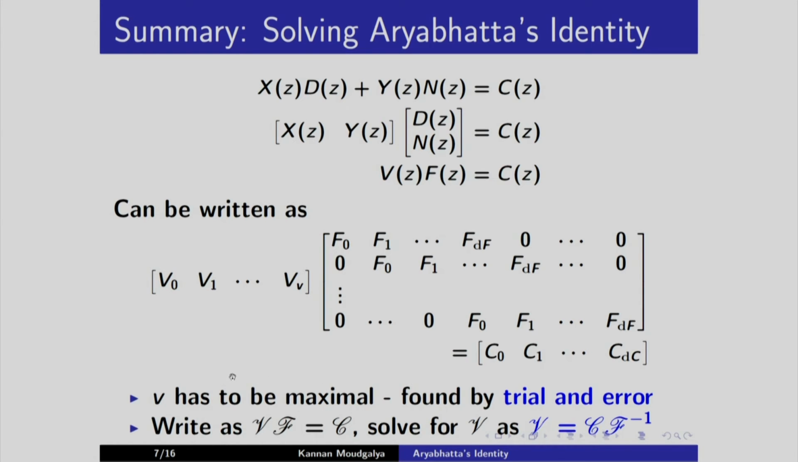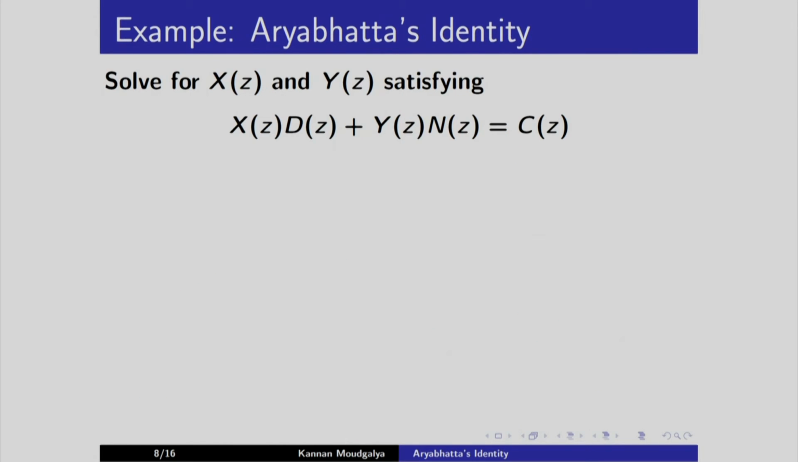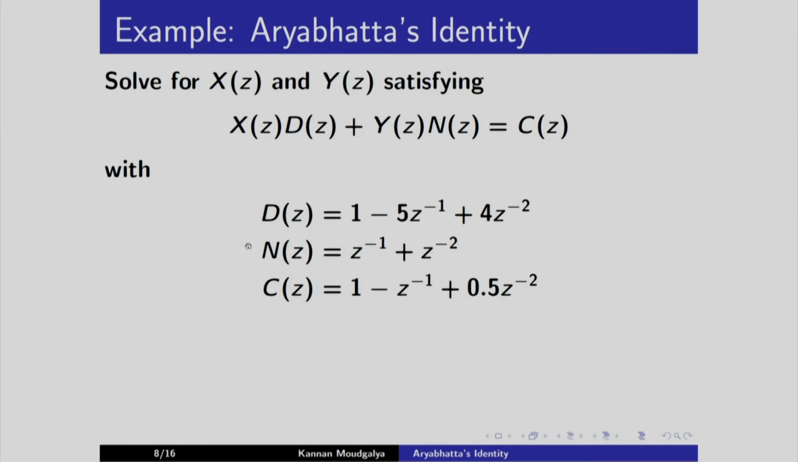It is the largest v that will give the required result. This will become clear when we look at an example. Let us take d and c as given here, and we need to solve this for the unknowns x and y. So, let us construct f. F is given by d followed by n,